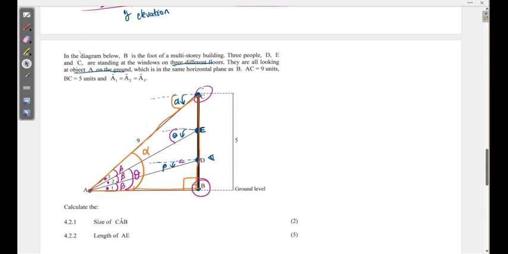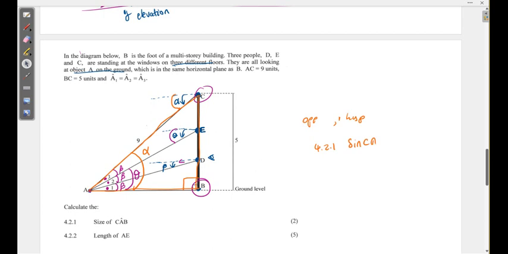We can still do what we're doing. To get size CAB, we shall ask what is the relationship between the given side and alpha? They are opposite to one another, right? And then you also have a given side here, which is the hypotenuse. Let's remember that this one will be the hypotenuse, right? So you are given an opposite and a hypotenuse, right? Which means we're using sine. So for 4.2.1, sine